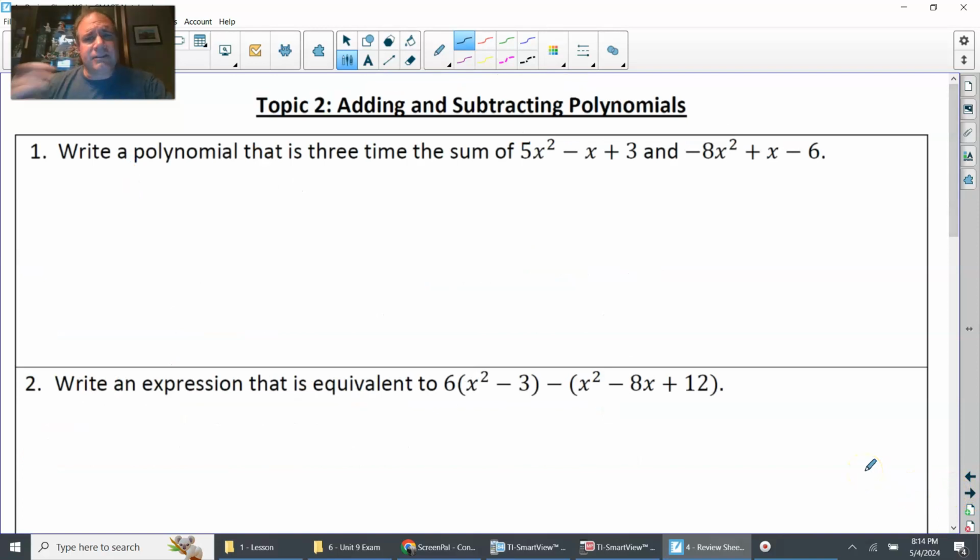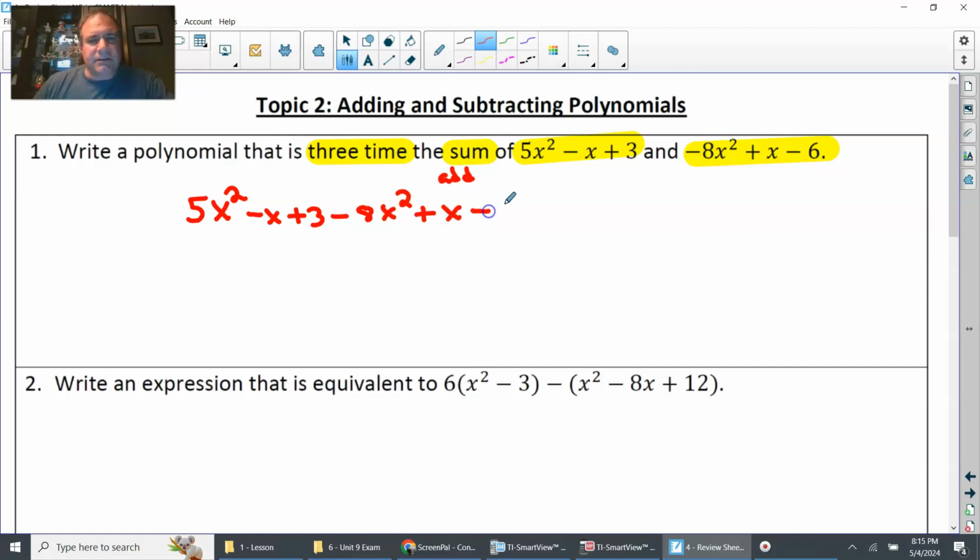So topic number 2, adding and subtracting polynomials. You just have to make sure that you are reading correctly here. This is 3 times the sum of this and this. So what I'm going to do is I'm just going to rewrite. Since we're talking about the sum, that's addition. That's 5x squared minus x plus 3, no parentheses needed, -8x squared plus x minus 6. Then I'm going to just combine like terms. So I have the 5x squared minus 8x squared